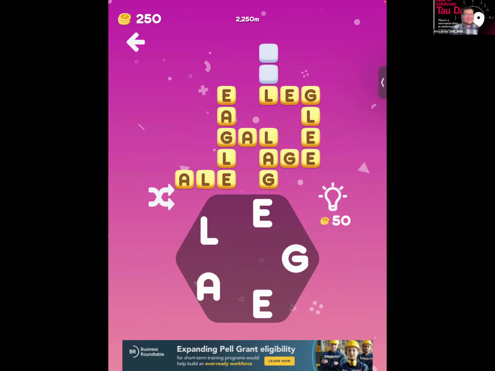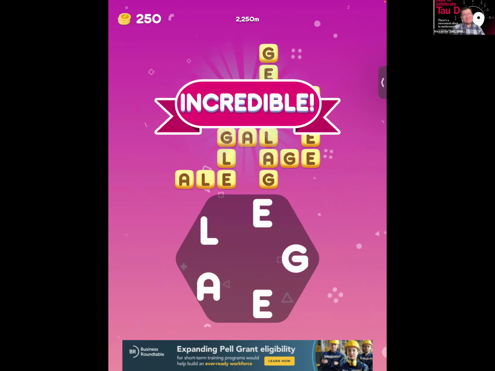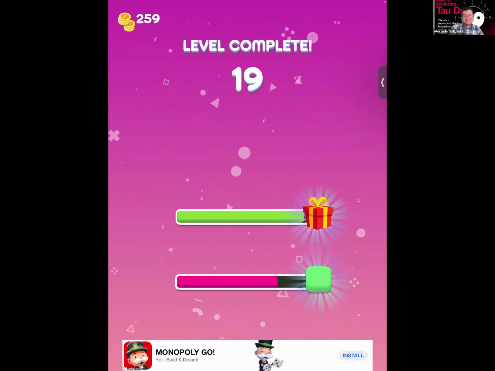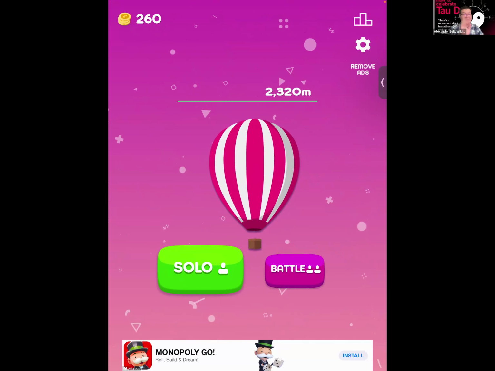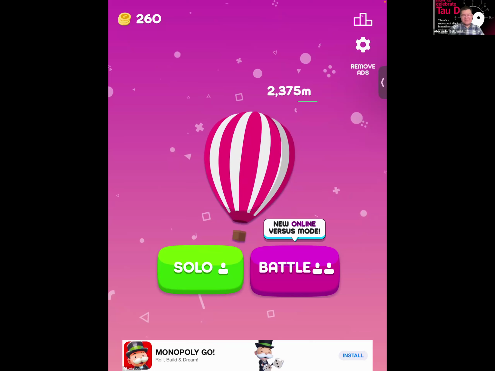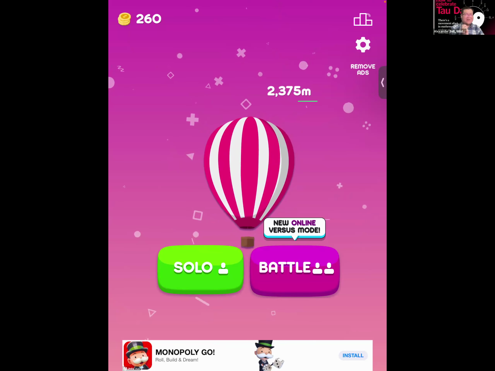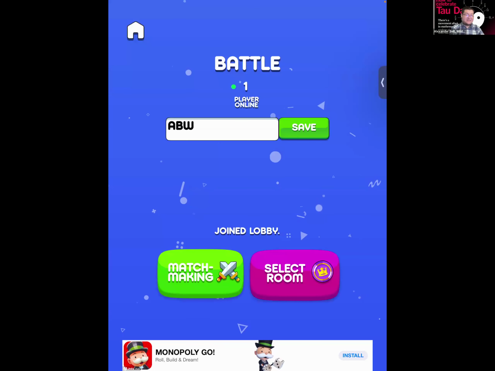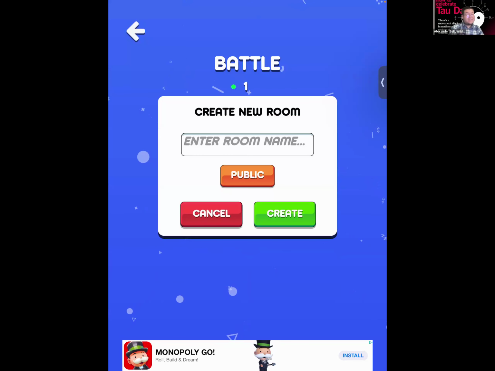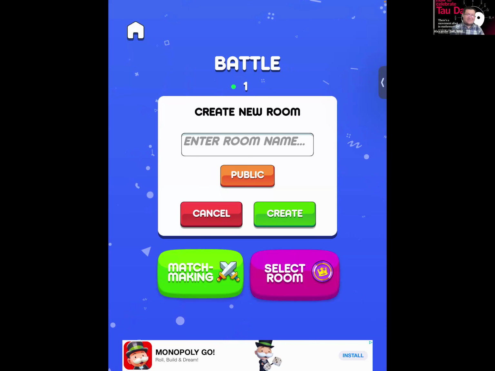And then what's that last one right there? Lee. Maybe it's gel. Okay. There's gel. So you kind of got to see what other words you have. And even though it may be a word, it just may not be on that particular puzzle. But you can play either solo or you can play against others. You can select a room, you can create your own new room, and others, when they're on the app, can join and play against one another.